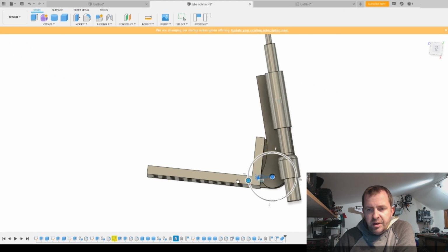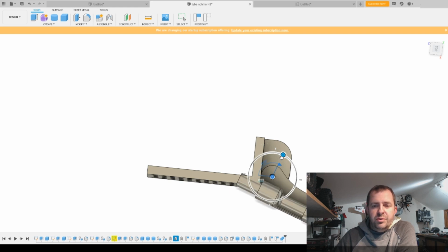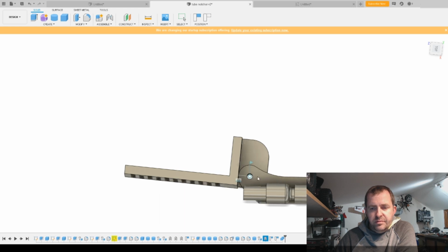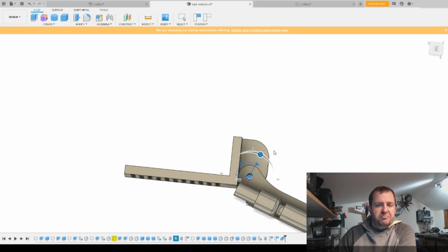That's basically where we're going. You can see it comes back about 5 degrees. Oh, that's 15 degrees, should I say? And that'll go right round flat. It will go a little bit further, but I don't know why you would want to go a bit further. Say you wanted to go right round, you could almost do it like that if you wanted to. Don't know why you would, but